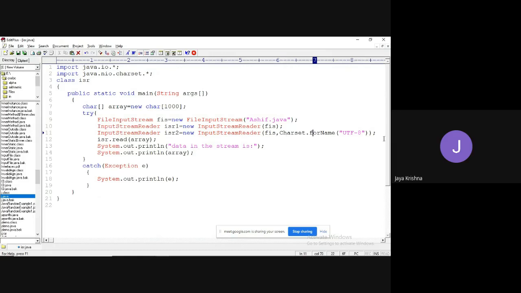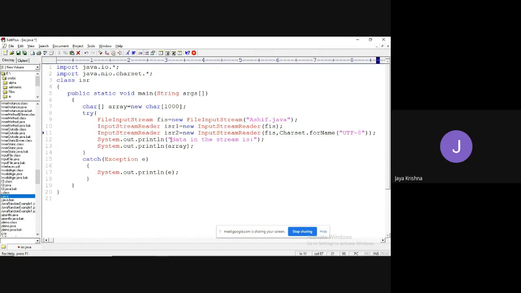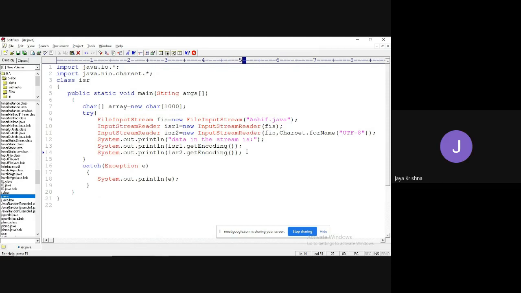Now if I try to check the encoding mechanism, I use ISR1.getEncoding and ISR2.getEncoding. Okay, fine.